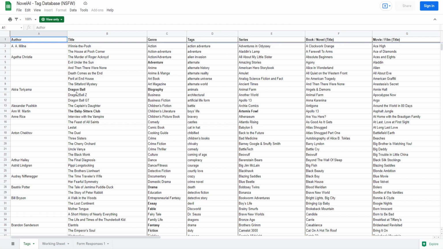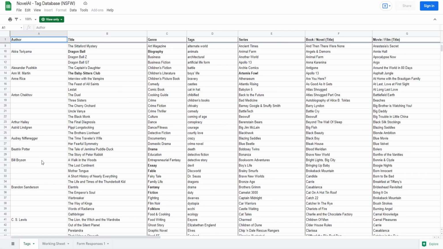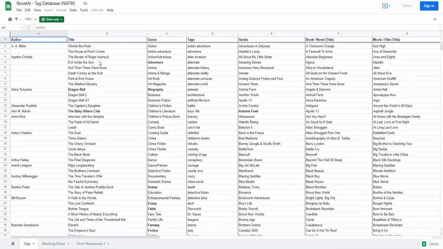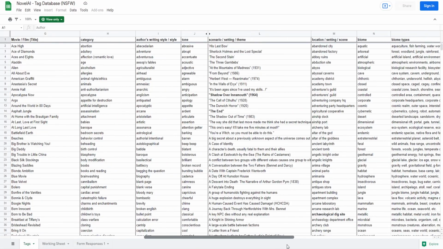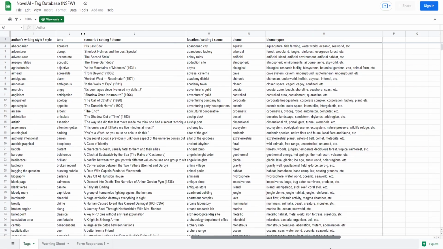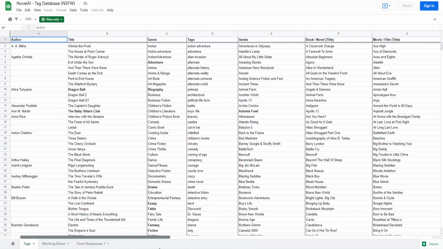Woo! So, here are tags, right? And they've got authors that are recognized. They've got titles that are recognized, genres, tags, series, books, movies and films, writing style, tone, scenario, location, biome, and biome type. These are all things that will be recognized by the AI. So, for instance, we can say, oh, I want an Agatha Christie novel that is a biography about Cat in the Hat in the Babylon 5 series